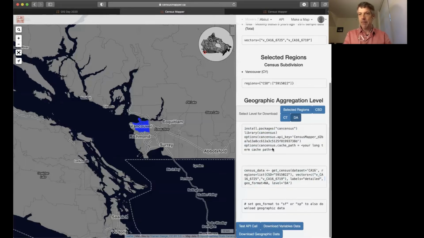So let's say I wanted to bring it into ArcGIS Pro. Could I do that? Yes, so you can also just download down here at the very bottom. You can see you can just download the variables or download the geographic data. So you could download both of those and then you would have to join them in ArcGIS. Does the geographic data have the shape files? That has the shape files, or in this case, it's going to be GeoJSON, but that's just fine for ArcGIS. And then the variables will just be a list of variables, and both of them have a common variable,